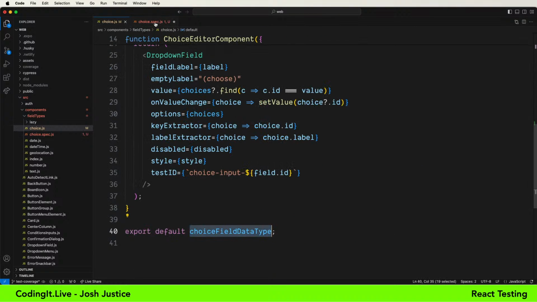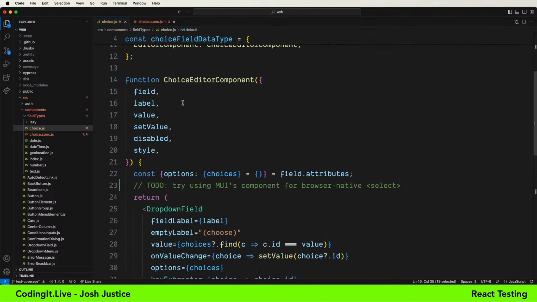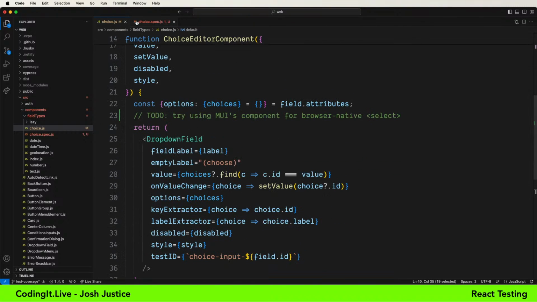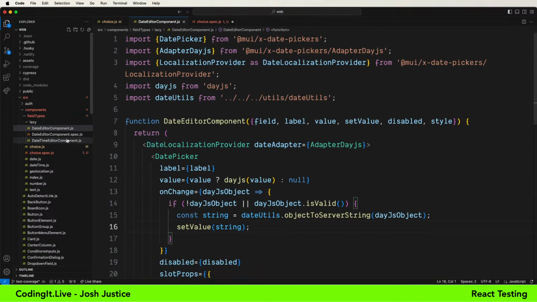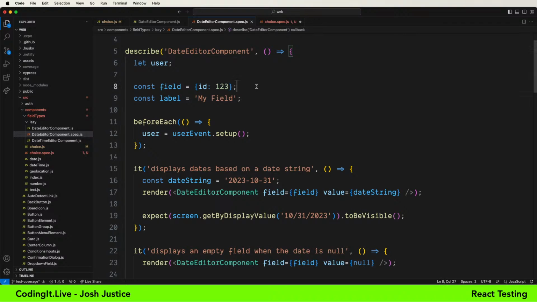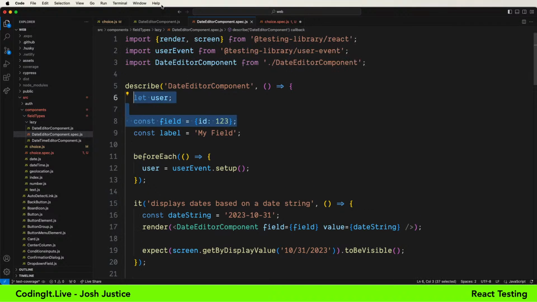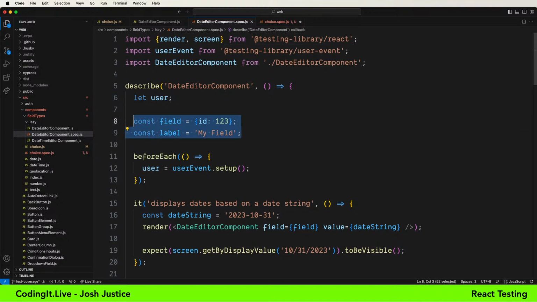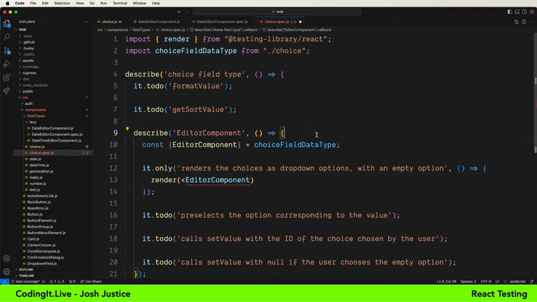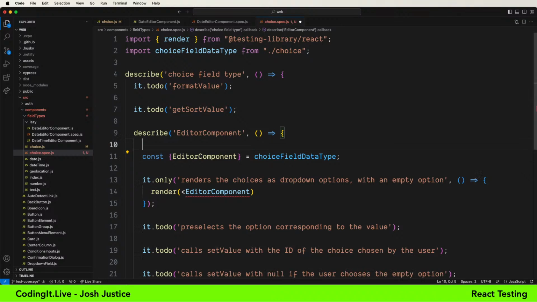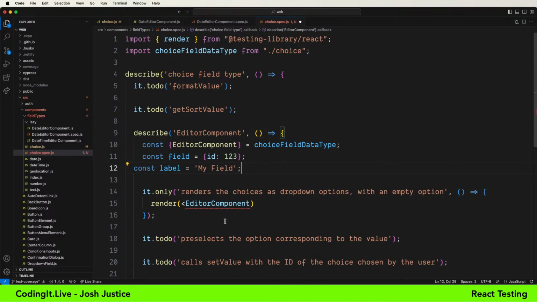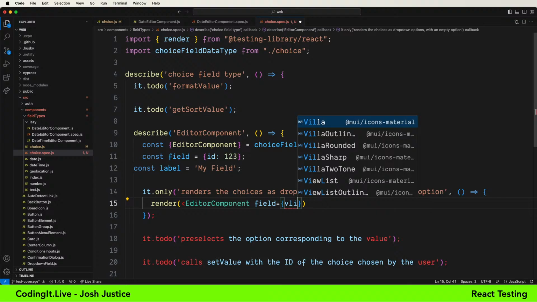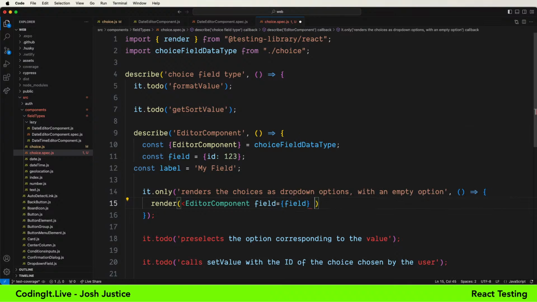And what are the names of the props for this? We have field. I see that field is going to blow up if we don't have that. So let's get that set up as well. We'll just copy from here the sample field. Let's not confuse things too much. Field and label could be useful. Field equals field, label equals label.